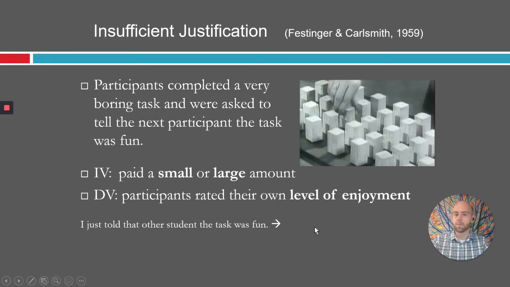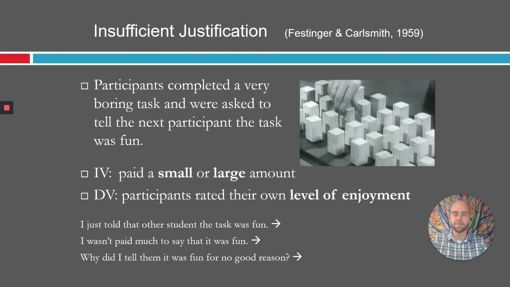So people's thought process here might be like, well, I just told that other person that the task was fun, but I wasn't really paid very much. I only got $1 to do this. So why did I lie to them? Well, maybe I did think it was fun. If you didn't have that external justification, then you needed to come up with some explanation for why you did it. People that had the large amount of money, that could serve as their external justification. They could say, "Oof, I got paid $20 to lie to this sucker. Who cares?" But if you only got paid $1, then people are like, "Wow, would I really lie just for $1?" So they're coming up with these new explanations and saying, "No, I did think it was fun. Actually, that was a great time turning wooden things small amounts for an hour."